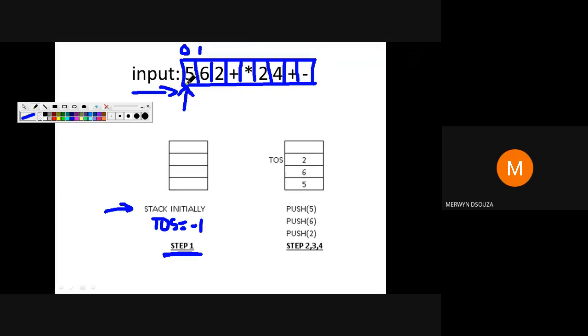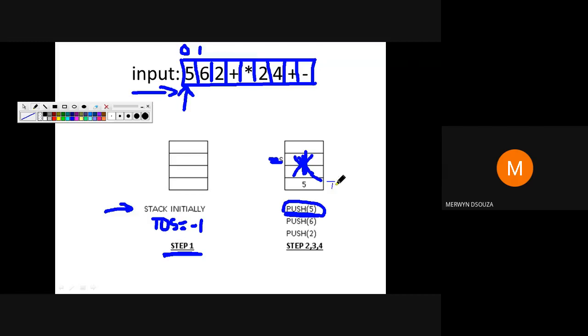So this 5 now is obviously a number. So what do you do? You push 5 onto the stack. Don't look at this portion right now, just look here. So 5 is pushed onto the stack, and your top of the stack value right now will be here.